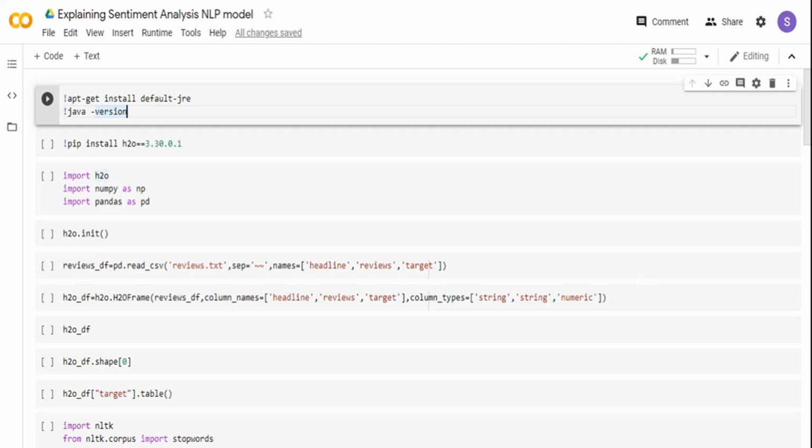Now what we are going to do in this video is take that particular model that we created, and we are going to see how it performs on an evaluation data set that is not seen by the model. At the same time, we are also going to see if we can explain the outcome of the model. We are going to create some partial dependency plots, and also see what words are contributing to positive sentiment and what words are contributing to negative sentiment.